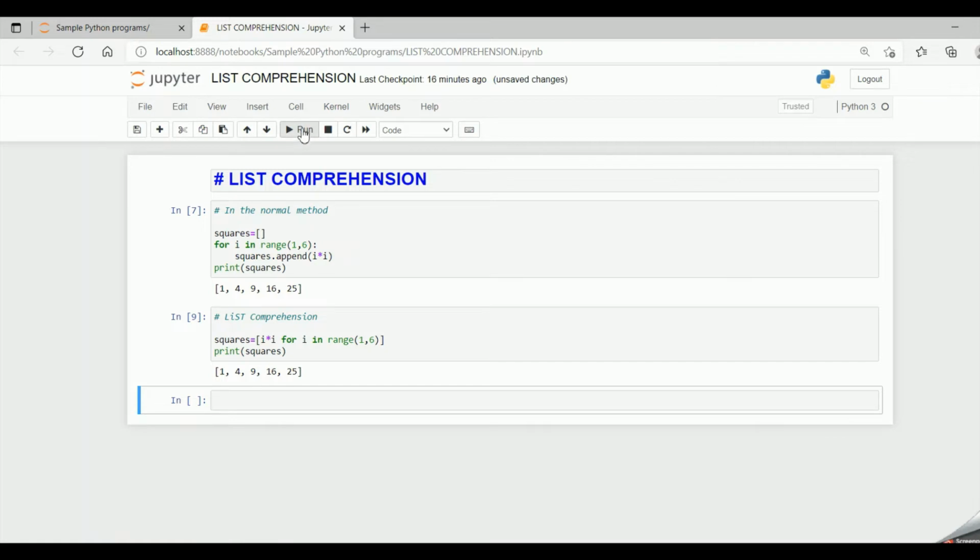But the difference is we're using 4 to 5 lines of code over here. The same functionality we can achieve with the list comprehension in a single line. So this is the difference. This makes the code elegant. So list comprehension can be used in cases where we have a single expression that has to be evaluated. It looks elegant. It's an easy and compact way of creating a new list. This was the first method.